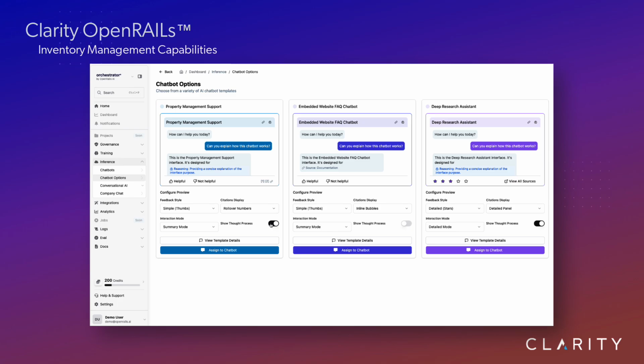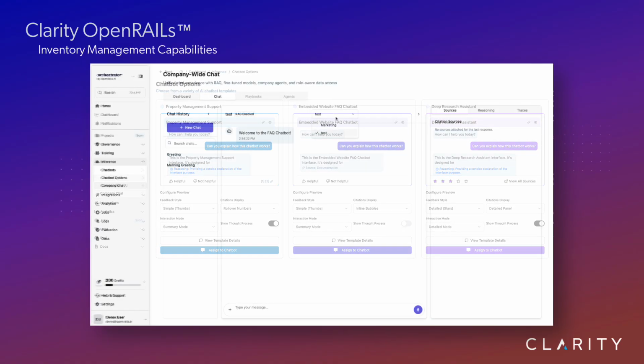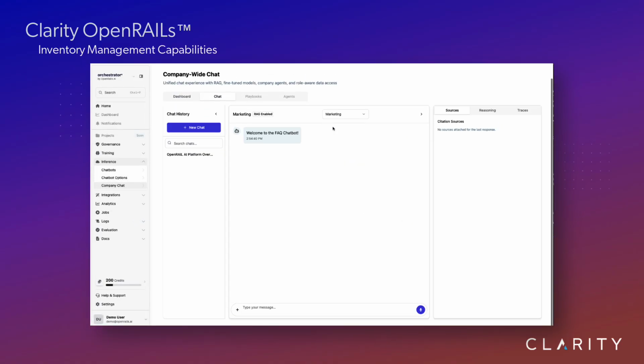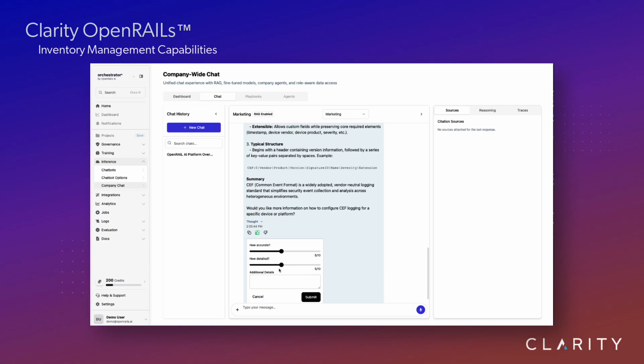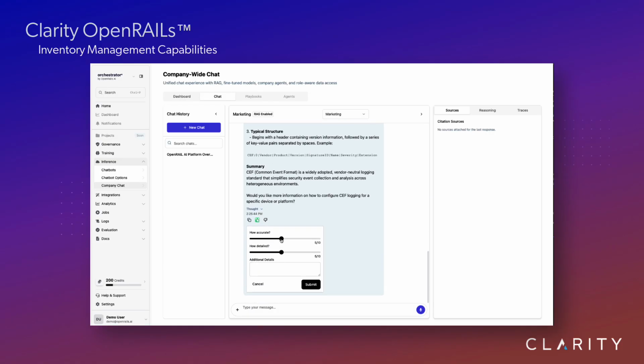I also have Feedback turned on so that employees can rate their responses and submit corrections to data quickly and easily. Once I've received my response, I can rate it, shown either by 1 to 5 stars or in my instance, thumbs up or thumbs down. Once I've rated it, it adds 3 more fields for additional corrective action. The first 2 fields allow me to provide more granular feedback on the accuracy of the response, as well as how detailed the response was.